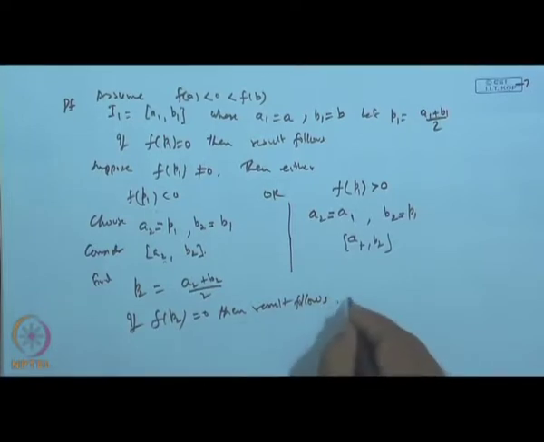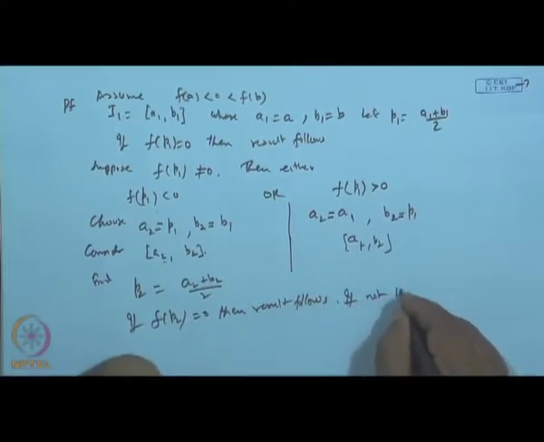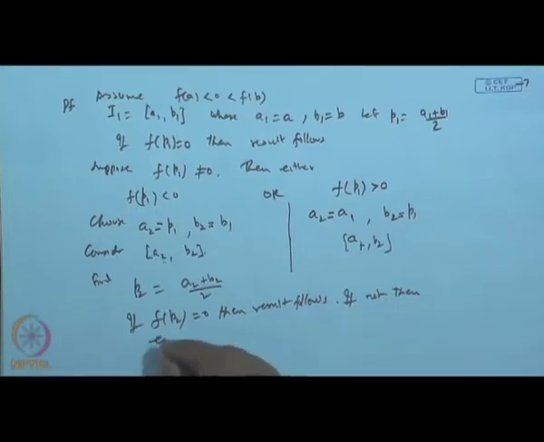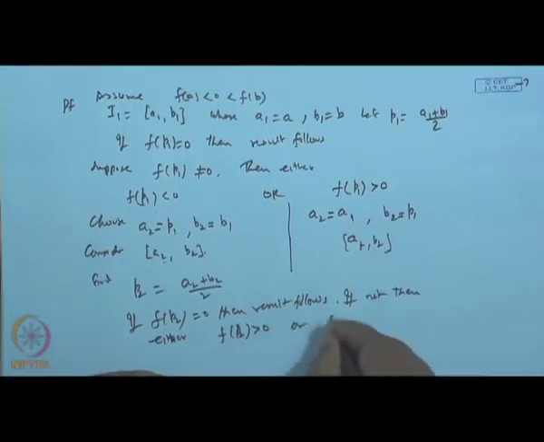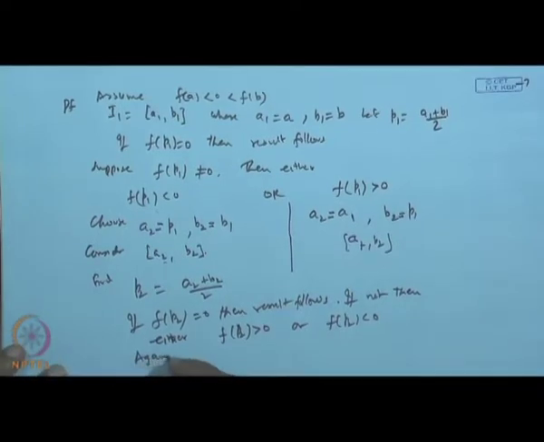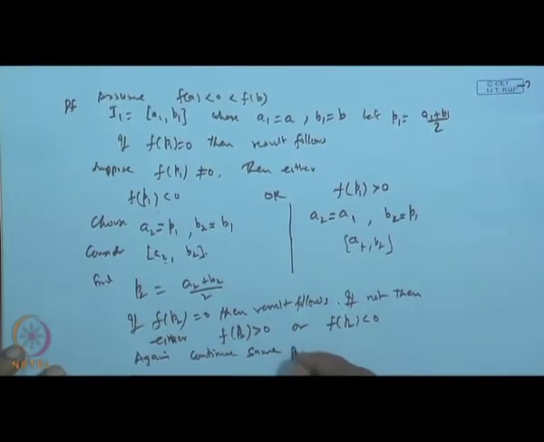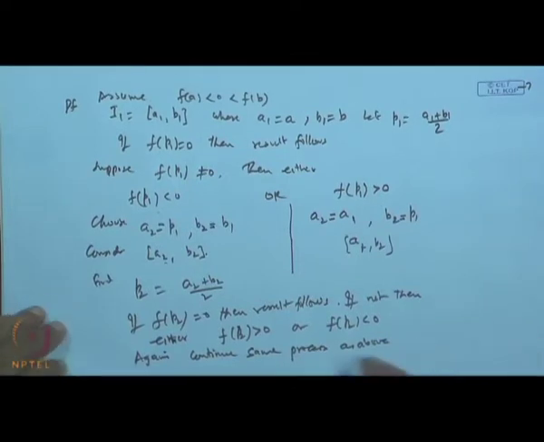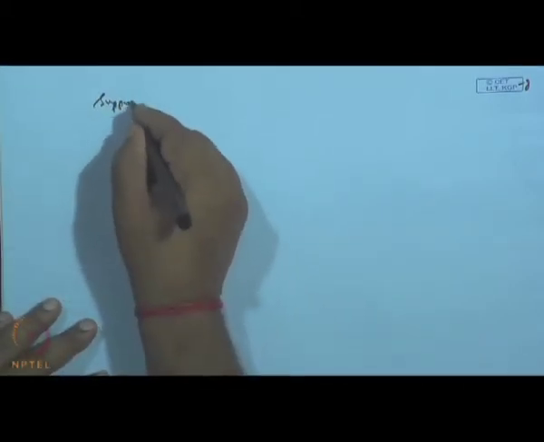If not, then again either f of P2 will be positive or f of P2 will be negative. So again continue the same process as above. Okay. So, suppose at the nth stage we get